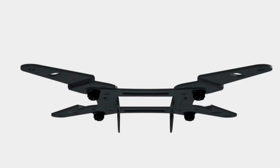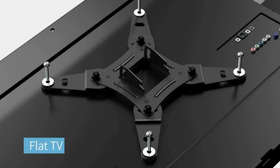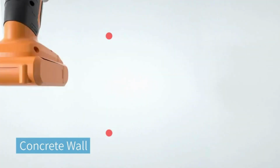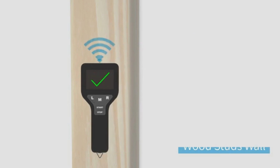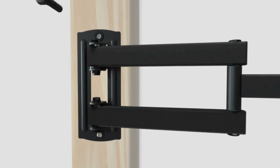The mount offers full motion capabilities for optimal viewing, allowing tilting of +9 degrees per -11 degrees to reduce glare, swiveling up to 90 degrees left or right and 360 degrees rotation for landscape and portrait orientation. With an extension of 14.59 inches and a retractable design to 2.7 inches, it saves space and enhances viewing or